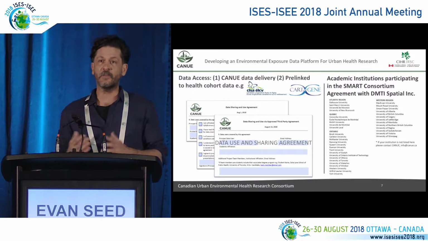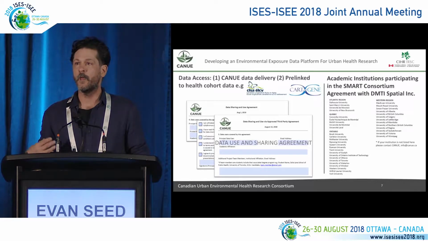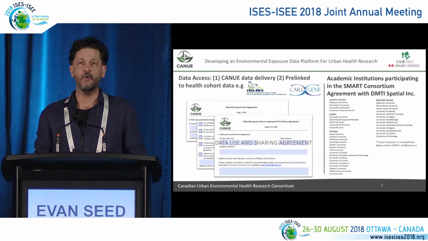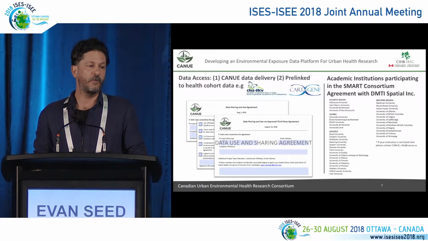So how do you access these data? Well, there are 2 ways to access the data. As Jeff had mentioned, you can actually go directly through Canoe to the website, and the second way is through pre-linked data to health cohorts. So making these available through two different options, I think, is a really good way to open up data for data users. In each case, you're going to select a data user agreement, and you fill out the appropriate